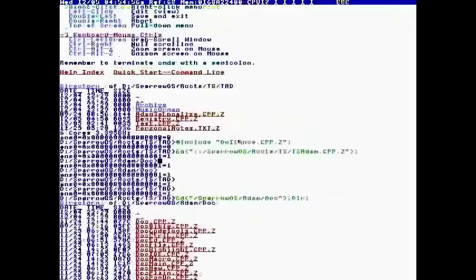So let's put the cursor down here. I'll hit escape for exit and save. Now if I do this again, it comes up where I left off. Anyway,